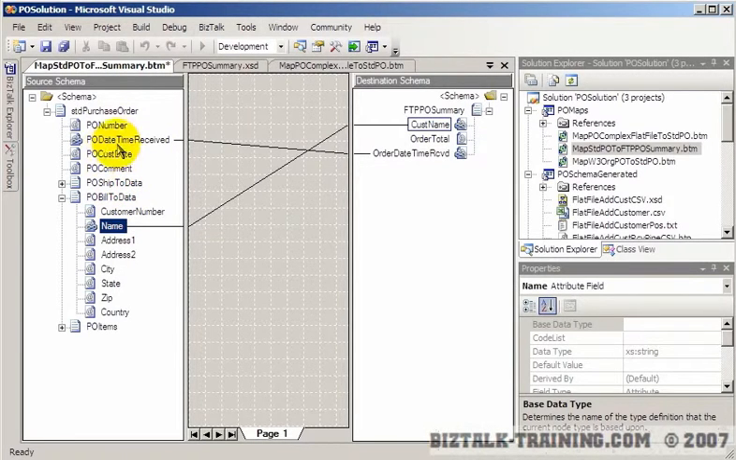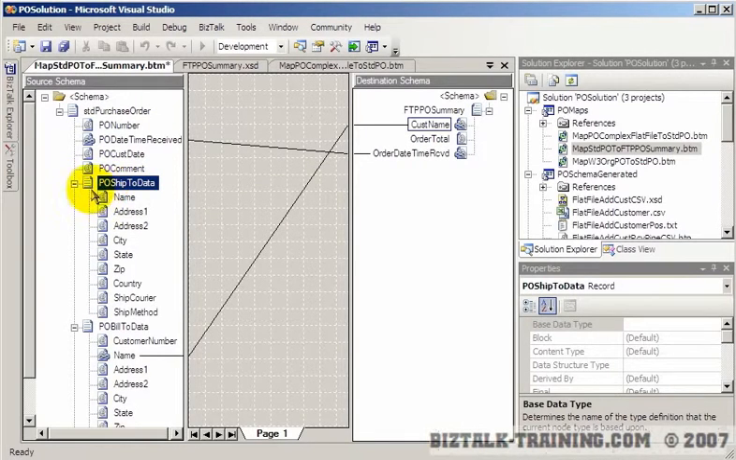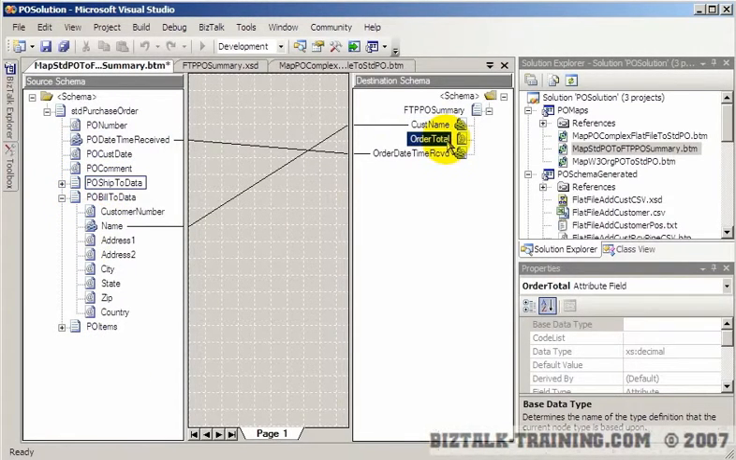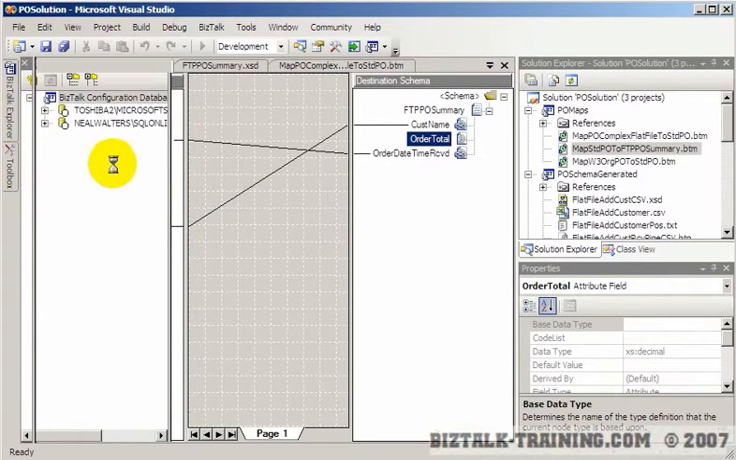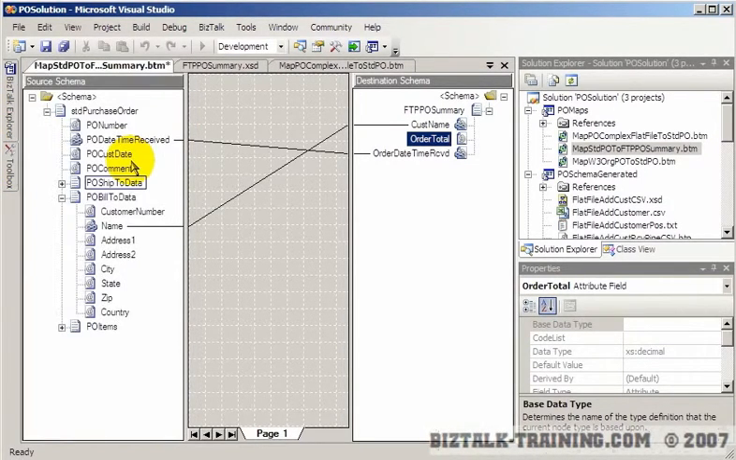In one of the schemas we did earlier, we had a field called order total, but this one doesn't have that field. So how are we going to get the order total? Well, this will give us another example to show a mapping feature. So we'll go back to the functoids